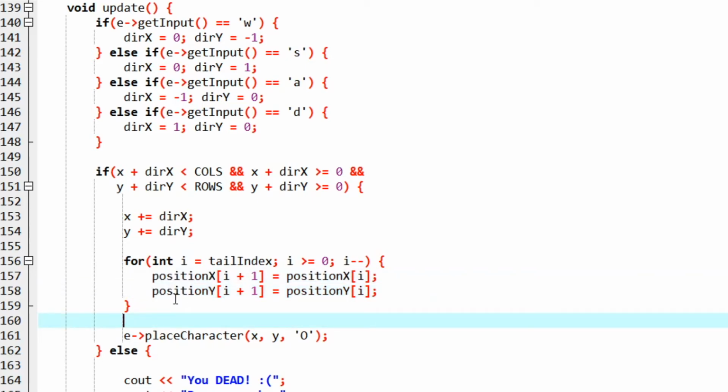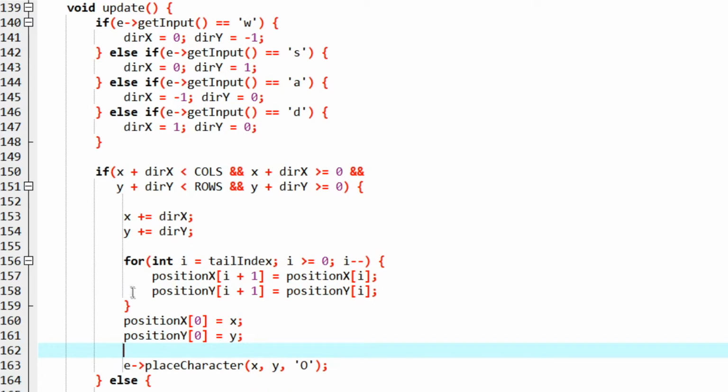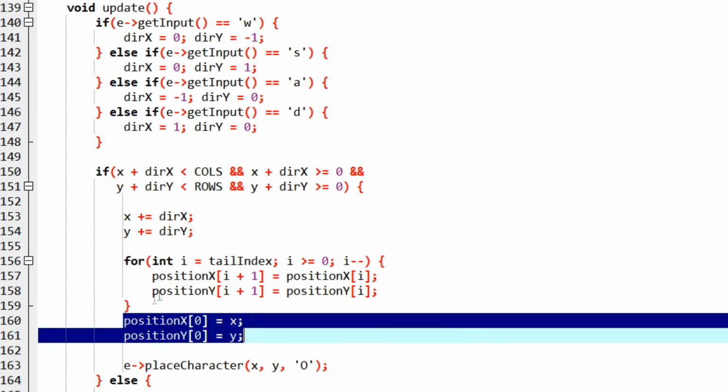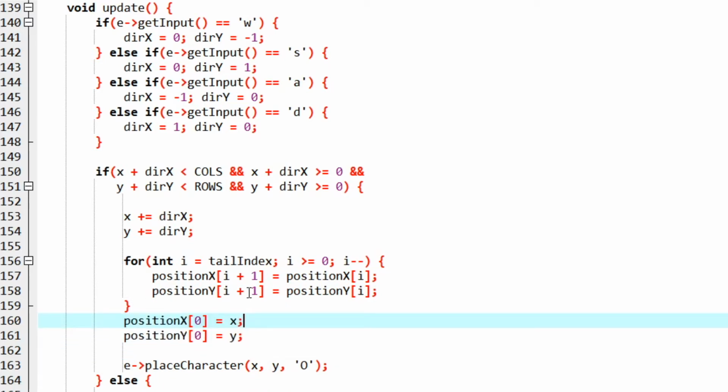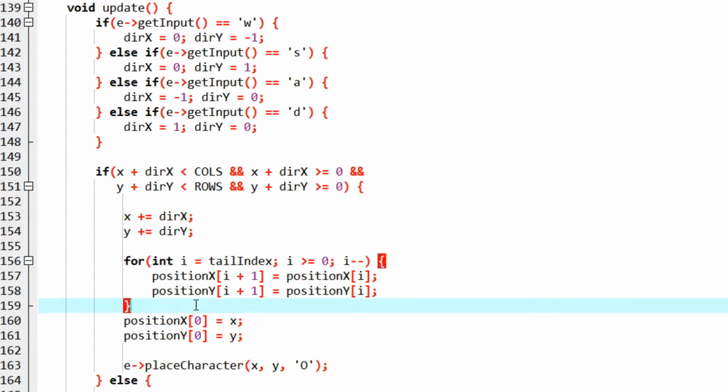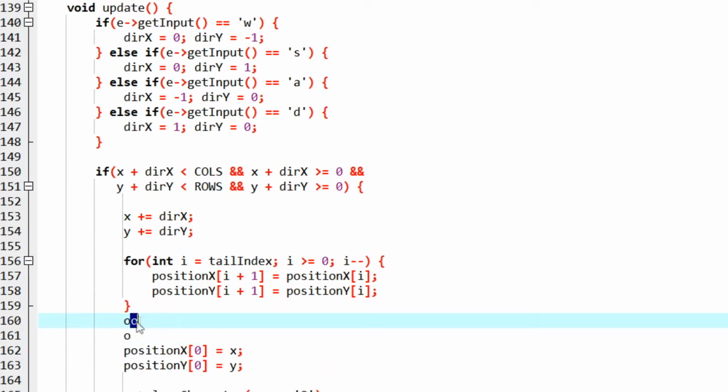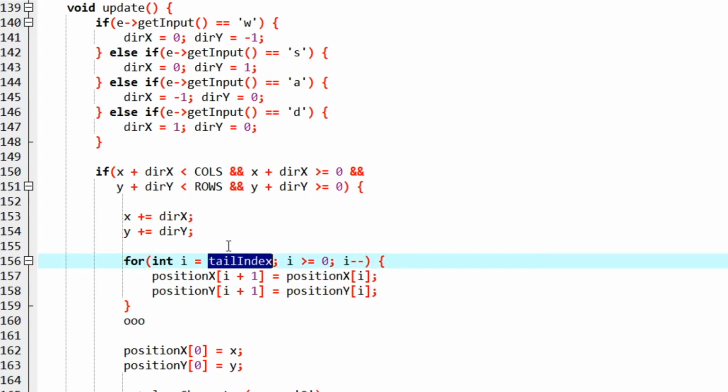We can store something at the head. So we stored the new position of the head at the head. And also, if we notice something, we shift everything by 1, right? If this is my snake, this piece should be here, this piece should be here, and this piece should be here. This is now 1 position behind, so technically the snake should extend 1 position behind instead. But this tail index is what we consider our snake to be ending at.